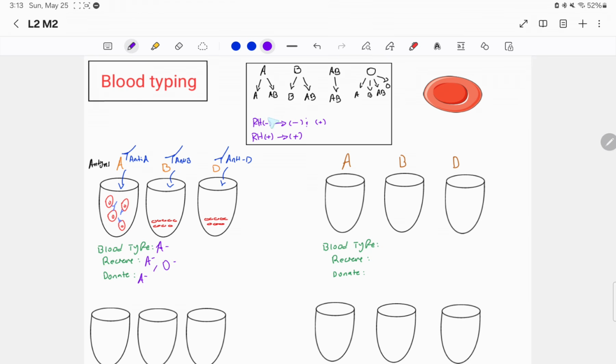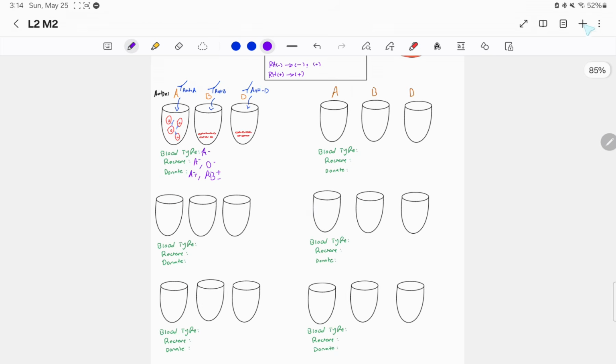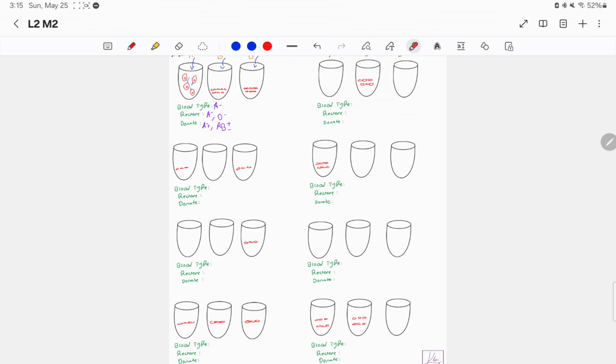Absolutely he can. Remember, negative can give to both negative and positive. Okay? So A negative and positive. Next, A and B. Because remember, A can give to both A and B. Okay? And since A is negative here, it can give to both A and B positive and negative. Easy. All right, so just to go ahead and speed up the process, I've gone ahead and pre-drawn some